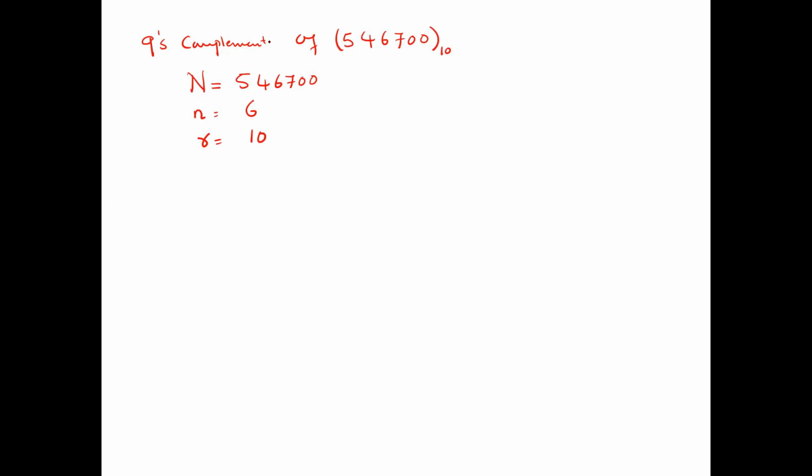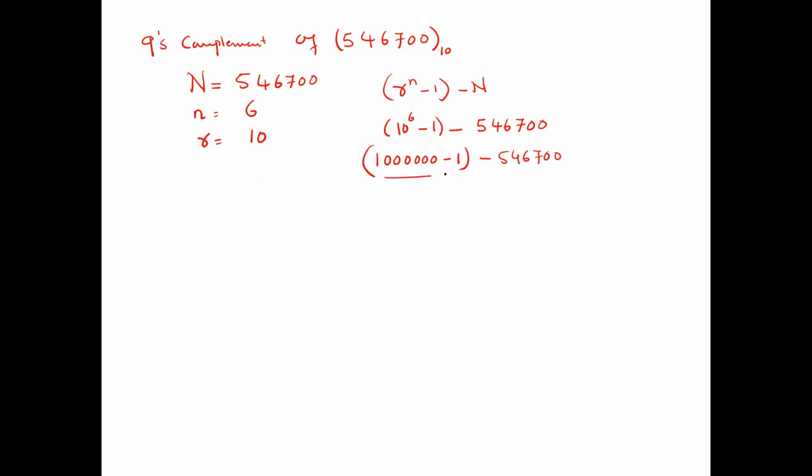Okay, right? So now, how do we find the nines complement of this number? It says r raised to n minus 1 minus n. Now, what is r raised to n minus 1? Radix r is 10, raised to small n which is 6, minus 1, minus n. So what is the value of n? 54670. Now simplify this. So you will get 1 0 0 0 0 0 0 minus 1 minus